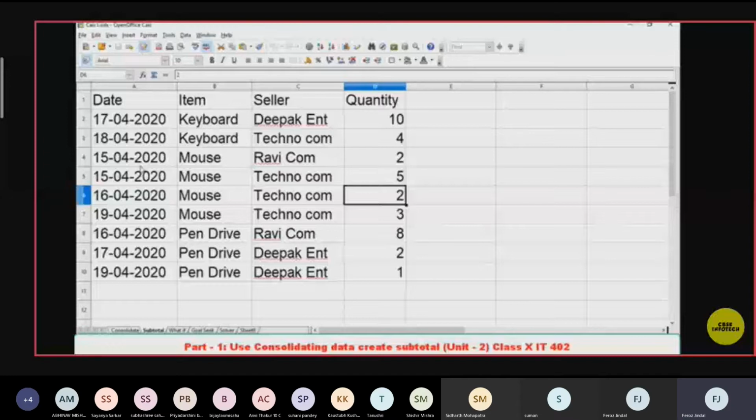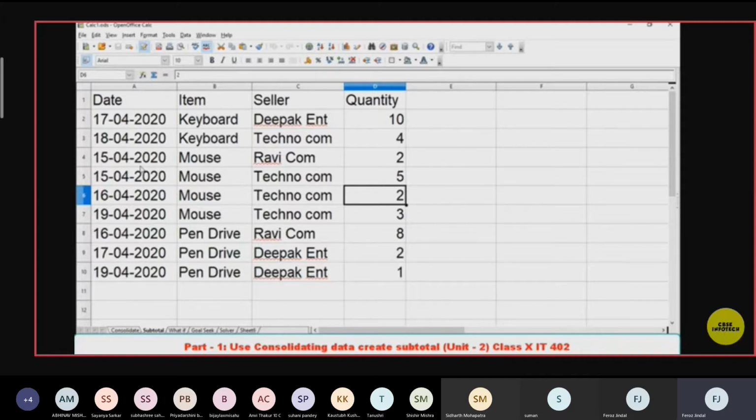Okay. Now I want to group them and add together. Let us say I want to know in total how many keyboards there are and what quantity, and in total how many mouse, total quantity. So it is grouping. We are talking about grouping and total. So that is the function of a subtotal. That is the meaning of a subtotal. It means, in a particular quantity, after making a group, what is the total in a group manner? So that is a subtotal.